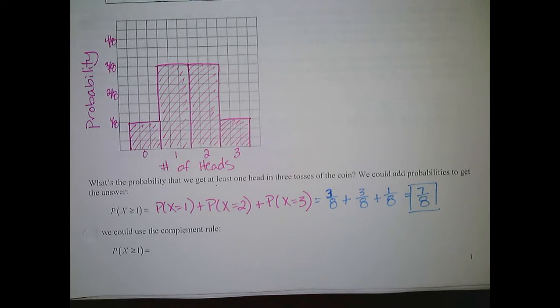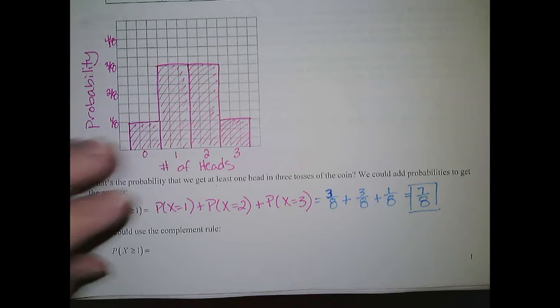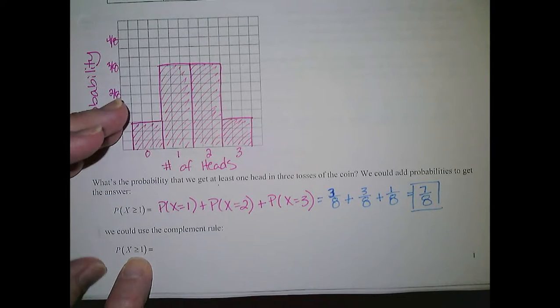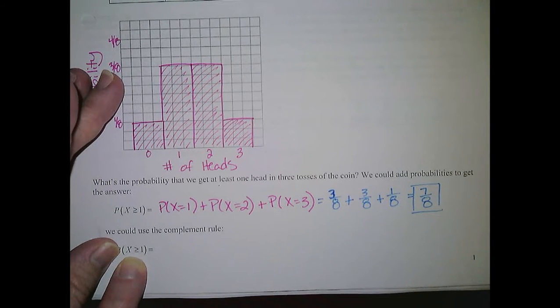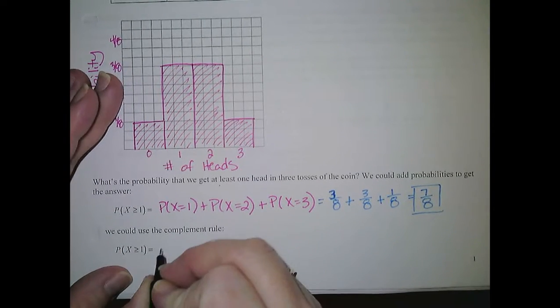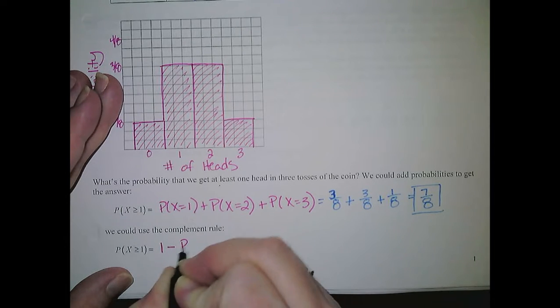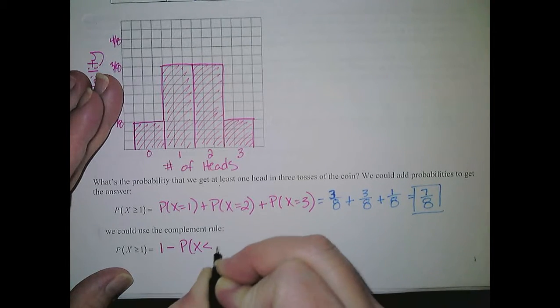As we saw in the last unit, sometimes it's easier to calculate probabilities using the complement rule. So instead of looking at this as at least 1, we could look at the opposite. And the opposite of at least 1 would be the probability of getting no heads, or the probability of X being less than 1. So either the outcome is greater than or equal to 1, or it's less than 1. So if we use the complement rule, we could calculate this as 1 minus the probability that X is less than 1,